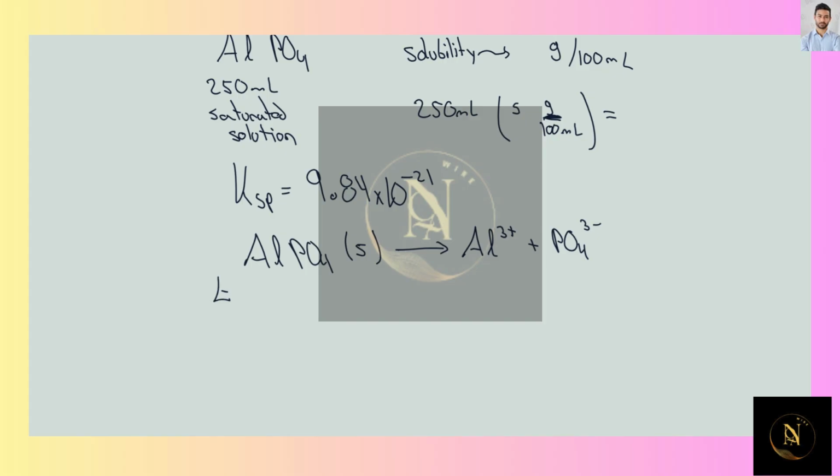And we know that at equilibrium we're going to have the quantity of S and S, where S is going to be the molar solubility of the compound for each of them. So with this, KSP is going to be equal to S squared. Thus, the value of S is going to be the square root of KSP, which for us is equal to